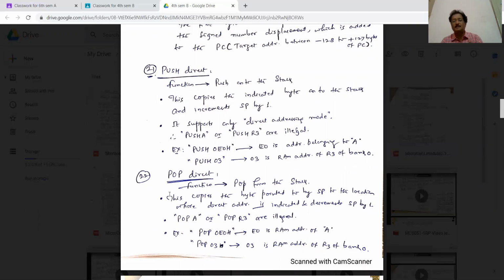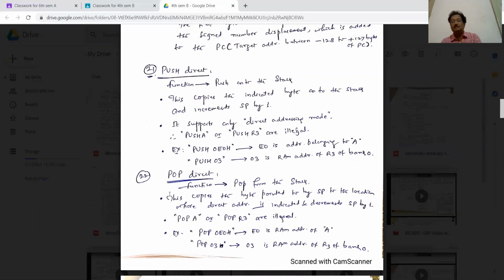Why are these used at the outset? When you have written a program, and in that program you are calling subroutines, and if the subroutines also make use of your register B, accumulator, and some other registers and memory locations, what happens?